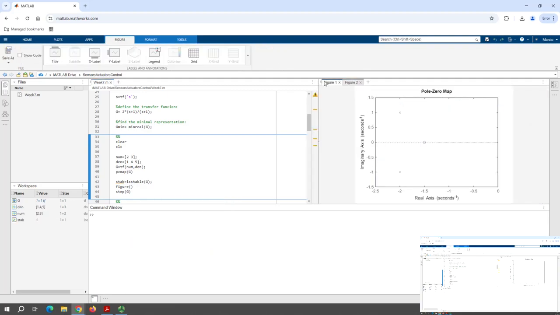Okay, so let me go back here. So this is the pole zero map for this transfer function. So we see that the poles have a negative real part. Everyone is in the left half plane, because 0 is here, so all the poles have negative real part, so this is a stable system. The zero also has negative real part. It's also on the left half plane, so it's also